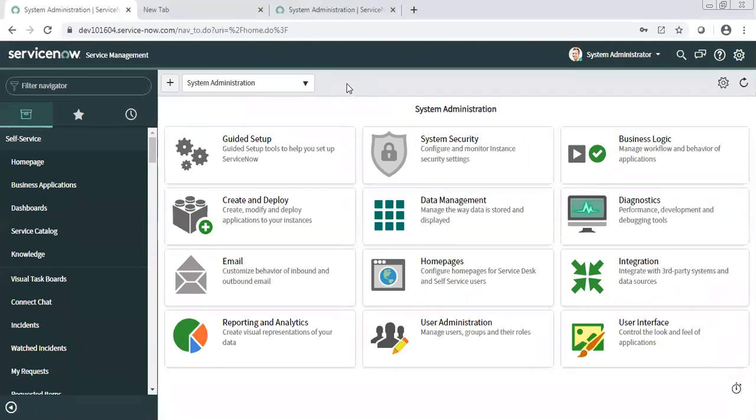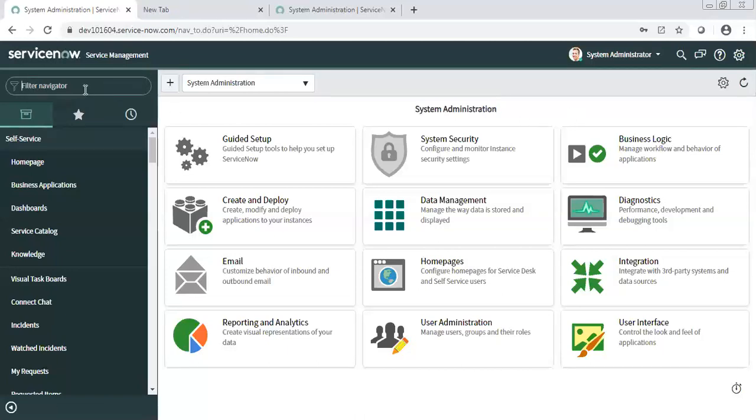So now we will switch to import set web services. Import set web services gives us a kind of intermediate place where we can intercept the data sent by the third party tool to our web service, so that we can transform it into what is required in the ServiceNow target table, the actual table. Here we are taking the example of incident, and we can put the correct data there.